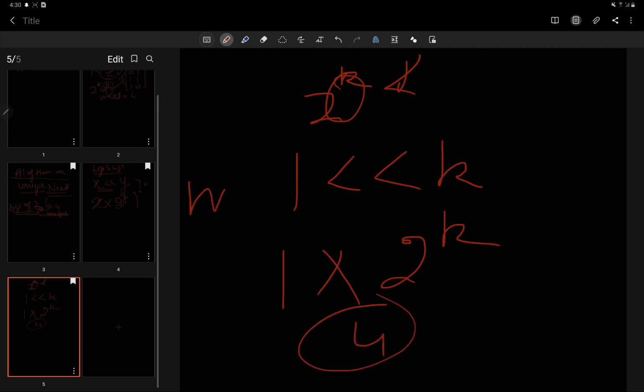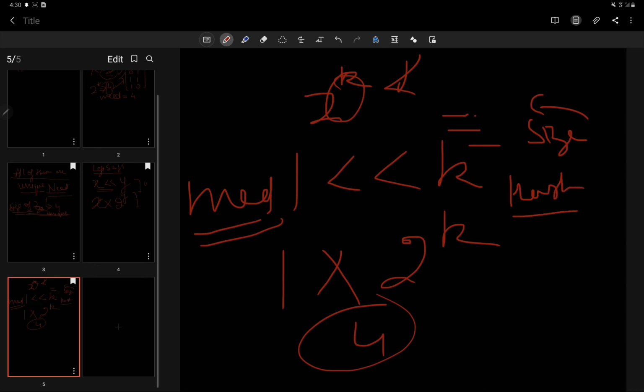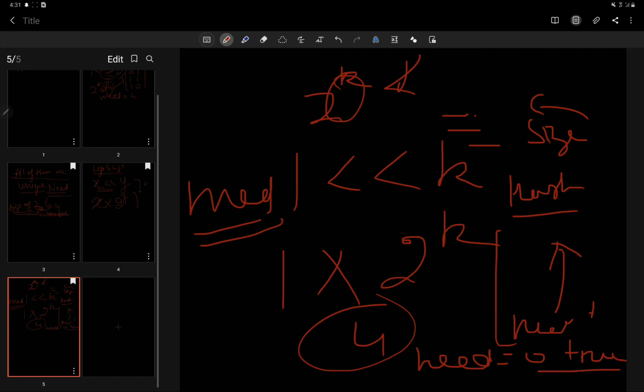So this is the formula to calculate our need variable, and we will look at each and every substring of the size given to us, that is k, and we will put them in a hash map. As a hash map contains only unique values, whenever we add a value to the hash map, we will decrement the value of our need. At the end, we will check if the value of need is 0; then we return true, meaning we have found all substrings, or else we return false. Let us look at the code for this and it will be much clearer.